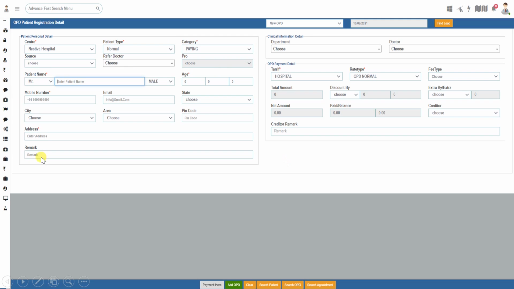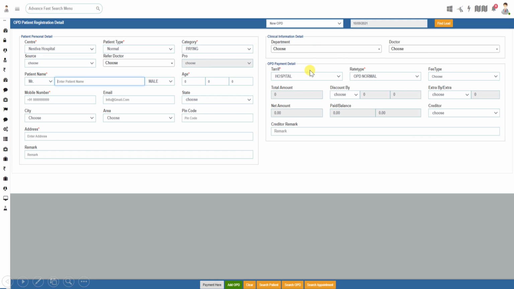Here are some patient details: name, age, mobile number, email address, state, city, pin code, address, remark, and department, meaning which department's doctor they can come to for OPD, that is cardiology, radiology, neurology, etc.